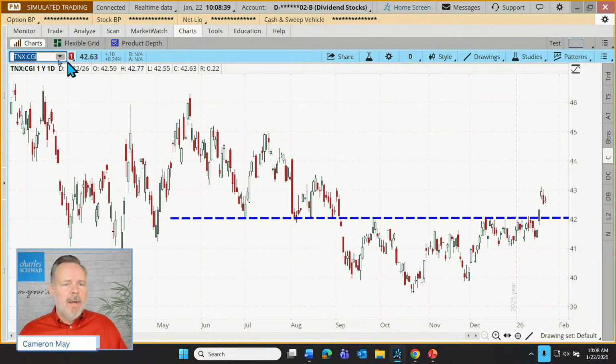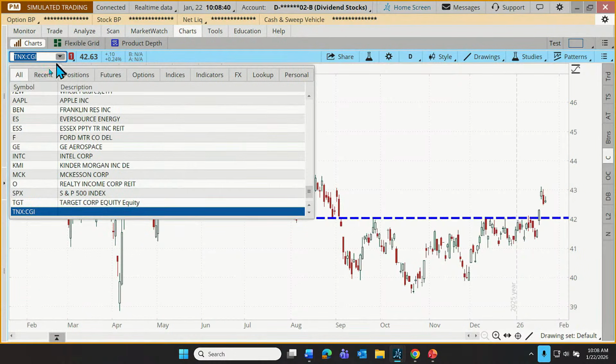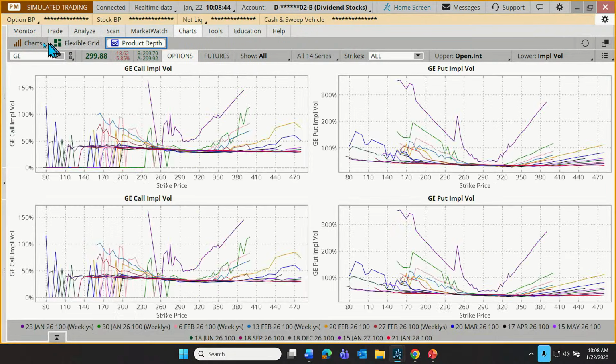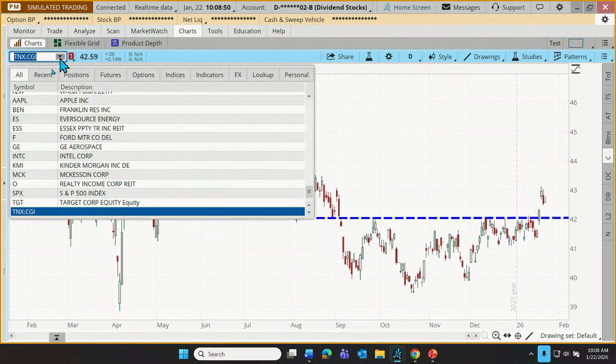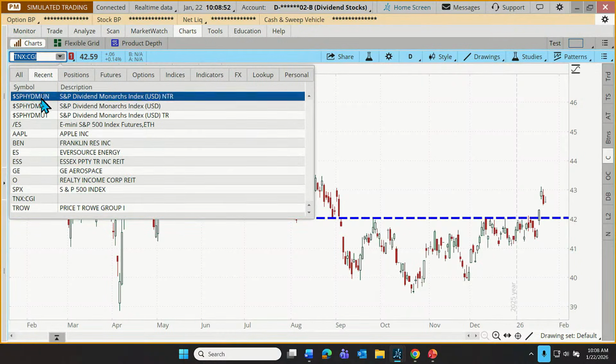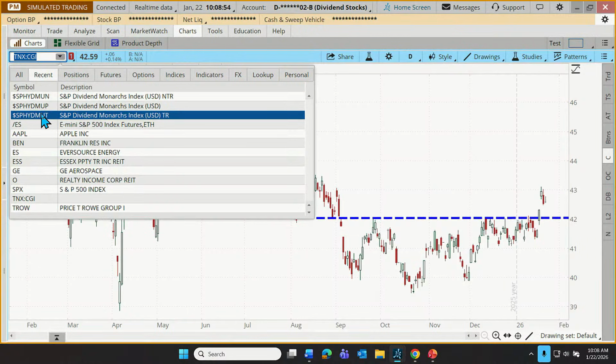So I'm going to pop up here. It's one that we've looked at before. I don't know if you knew you could do this. Anyway, you can use the little down arrow next to your symbol. Click on that. Go to recent if you can't remember a recent symbol. And there we are. What I want to look at here is this one,